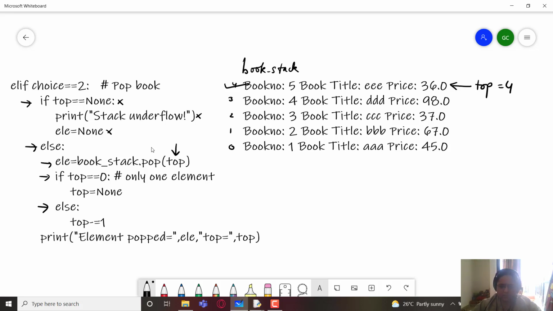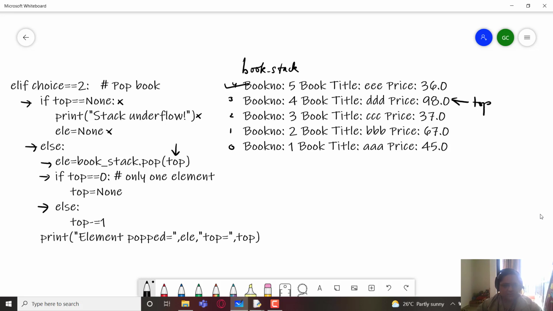So when the topmost element is removed, now the value of top has been reduced by 1. So now top points to this value over here, that is 4.